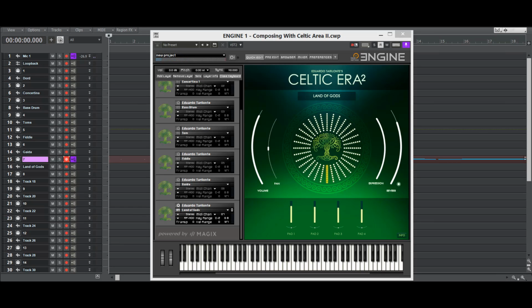Nice and simple, just going to keep everything in C, so that I don't get too crazy because we're just kind of sketching here. When I did this before, I liked the idea that I had and I went back to it to start working on it, but kind of lost the feel for it a little bit. So maybe someday I'll go back to that and it might have some more momentum and I'll write a song. Kind of like with this, I'm just sketching out how the library sounds, how it all works